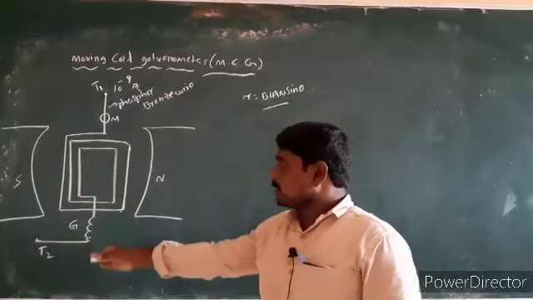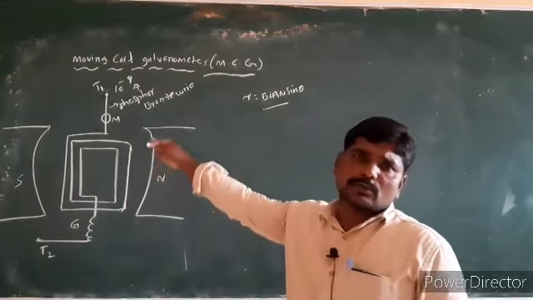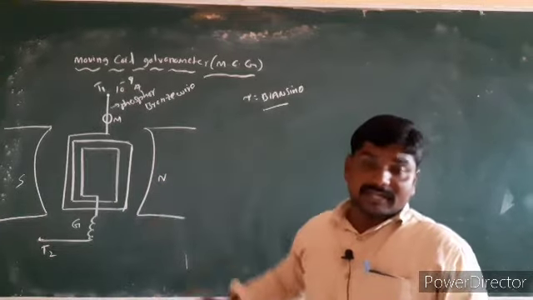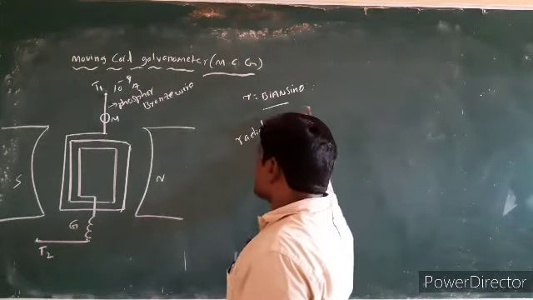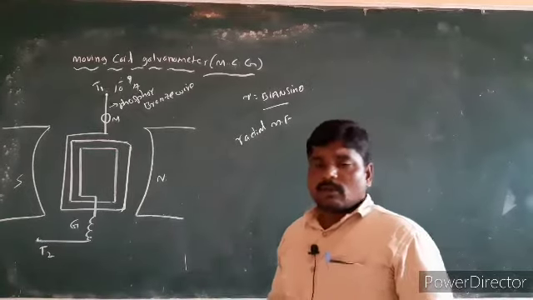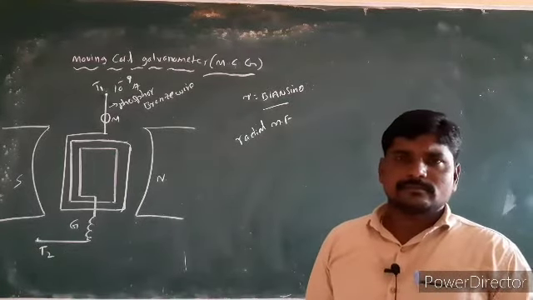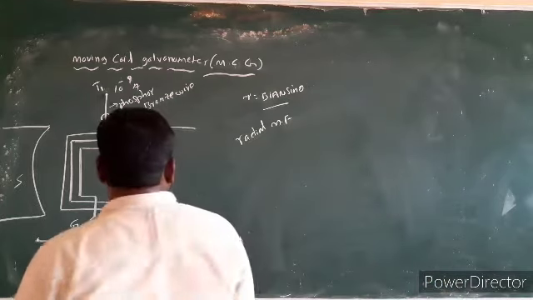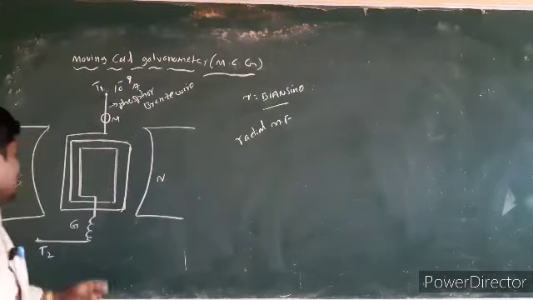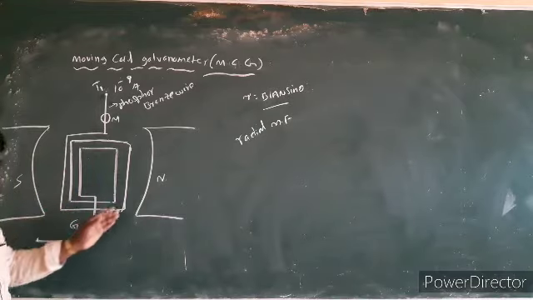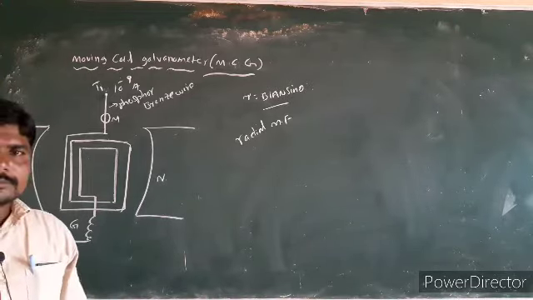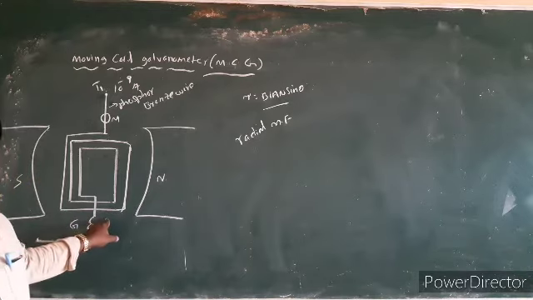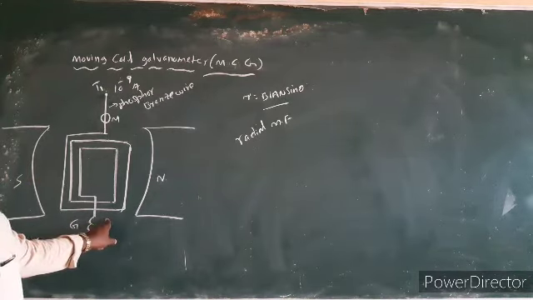When you connect the T1, T2 terminals to the battery, current flows through the coil. Already the coil is in the radial magnetic field between the concave shaped poles. That's why the coil deflects due to the magnetic field. But since the magnetic field is radial between the concave shaped poles, for every position of the plane of the coil, the magnetic field lines are parallel.